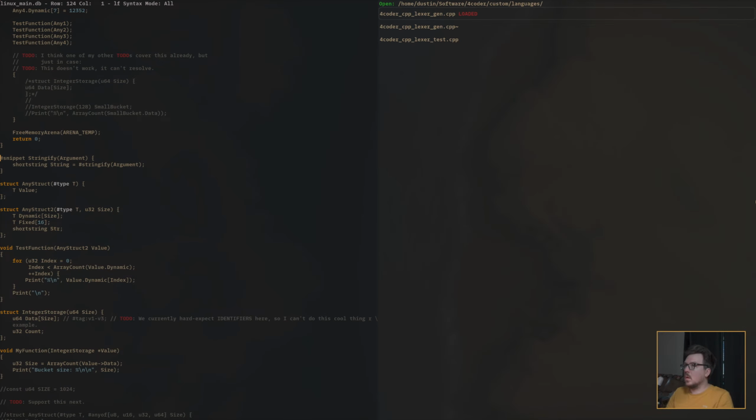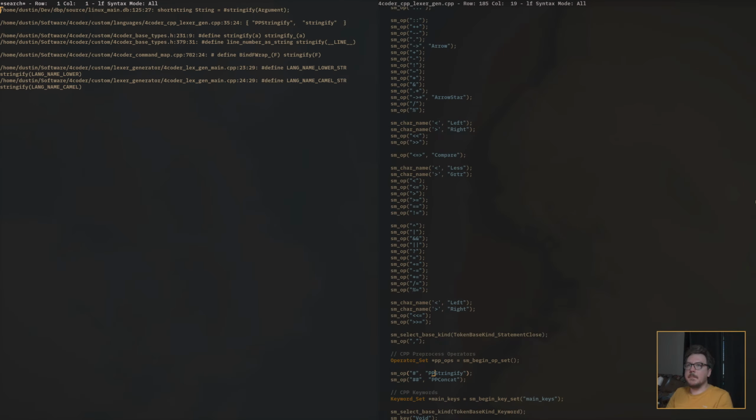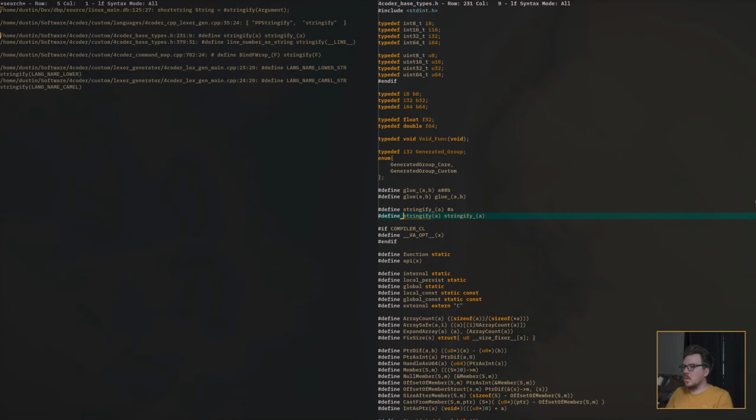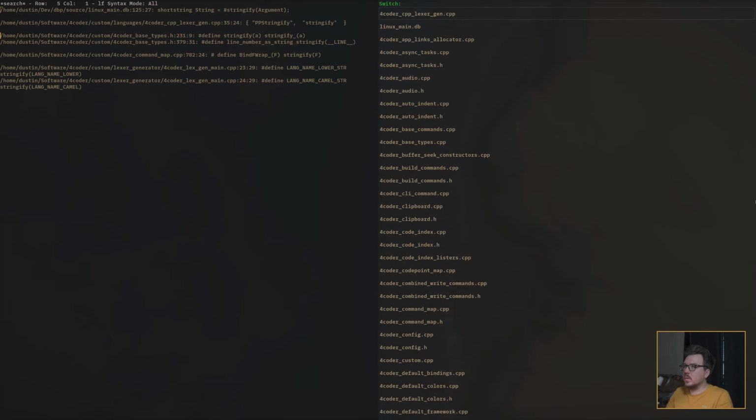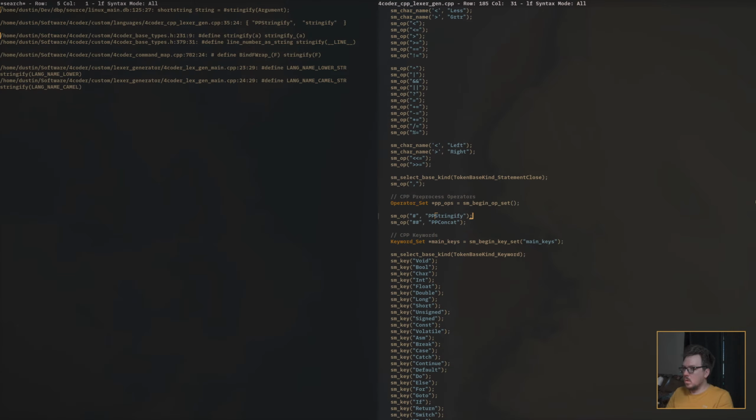Let's open this whole thing and search for stringify. They do use a stringify macro, but that really should not matter here. Oh. They use this already.